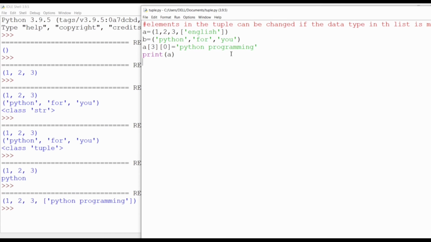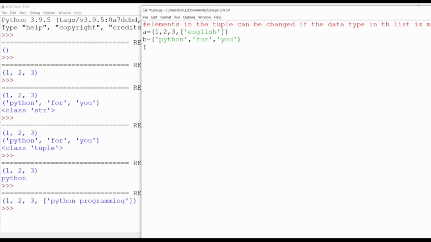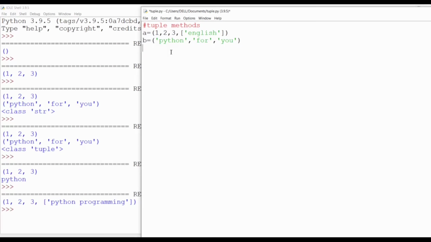There are a few methods in tuples to learn. The tuple methods are count and index. I am going to execute the count here: A dot count of 2.